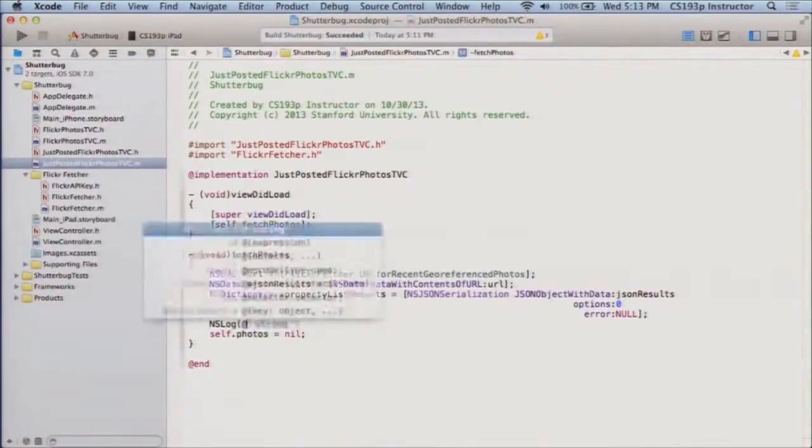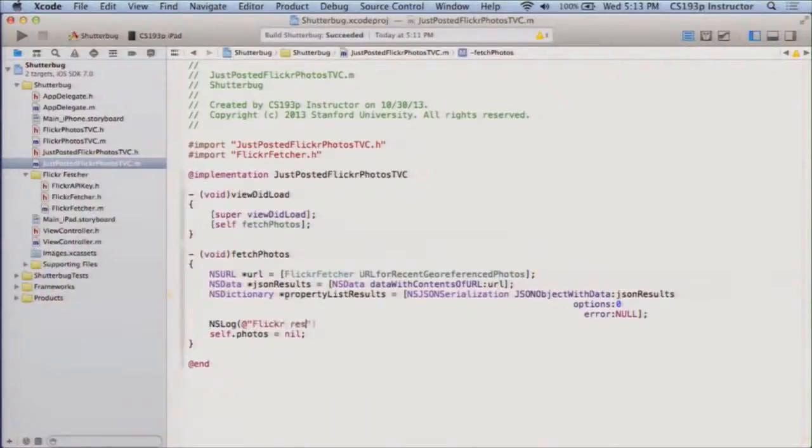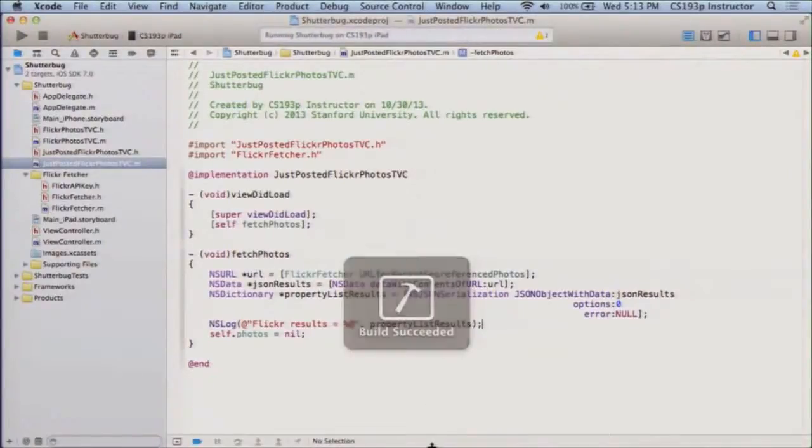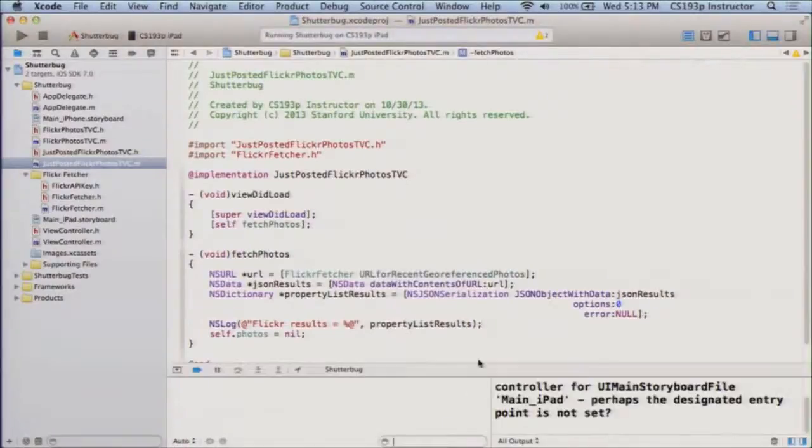So before we go any further, let's just log this. Flickr results equals %@, propertyListResults. So I'm just going to log this so we can take a look and see what this looks like. So let's just run this. It's not going to do anything in our UI yet, but hopefully it'll log this particular fetch. Hopefully the fetch works. So